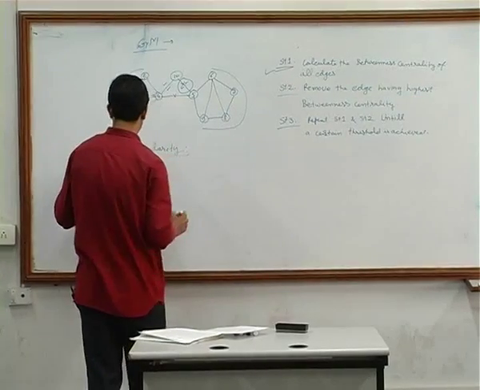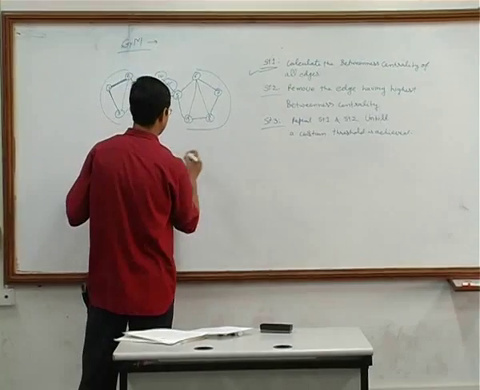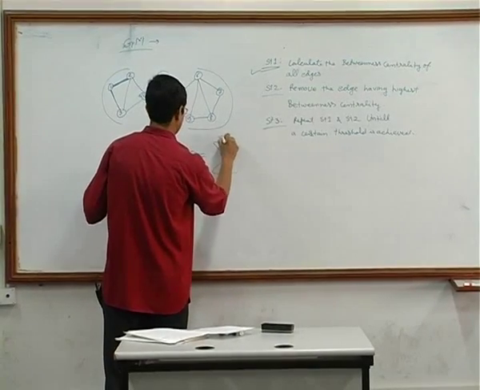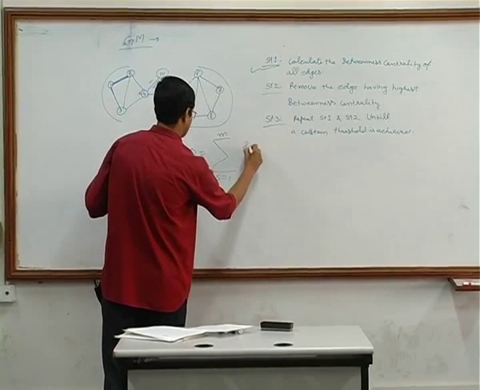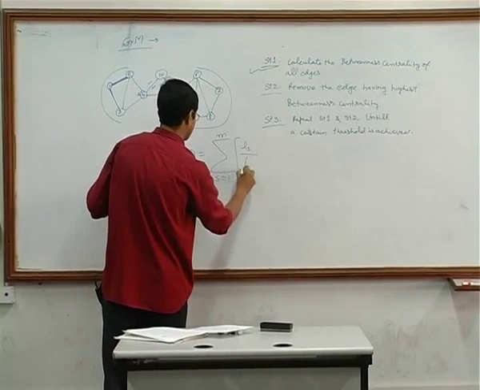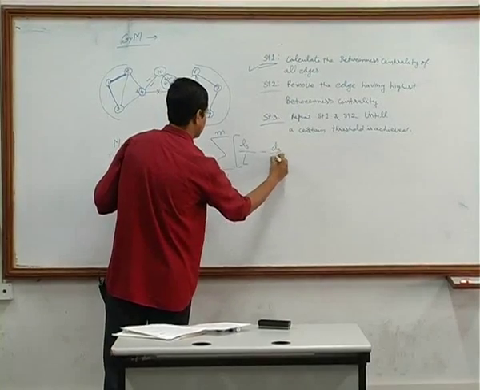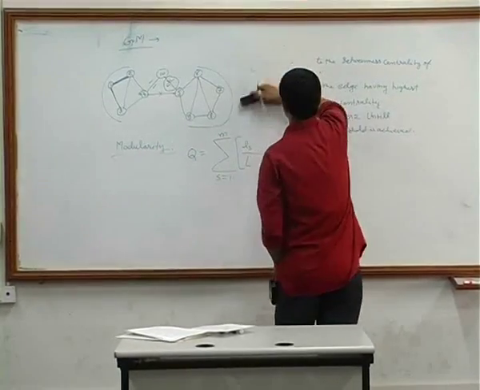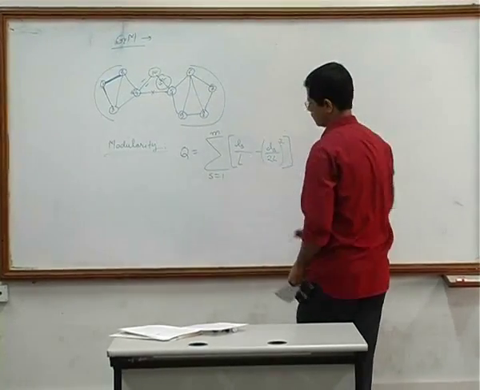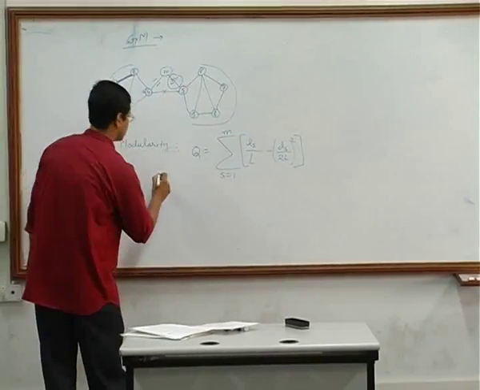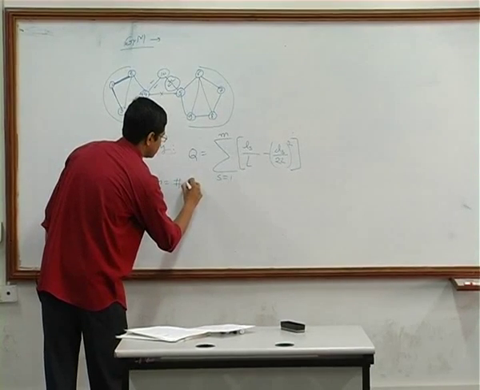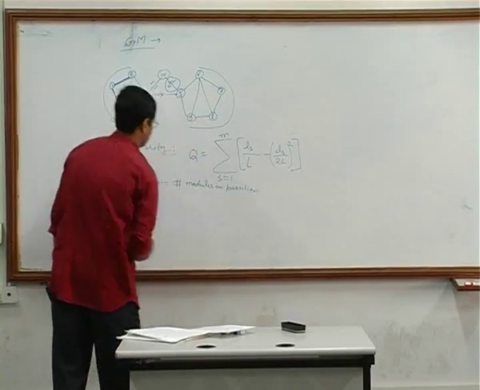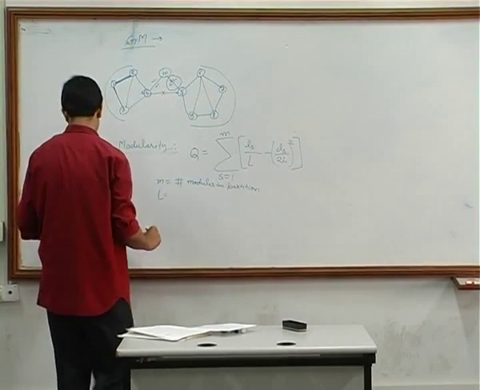The modularity score of any set of communities can be given as Q is equal to the sum over modules of LS divided by L minus DS divided by 2L, squared, where M is equal to the number of modules in the partition, L is equal to the total number of links in the network,